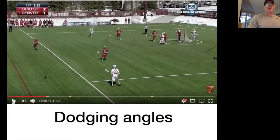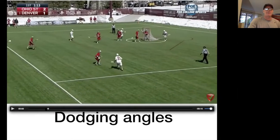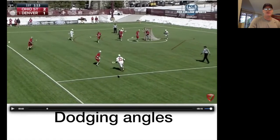Let's watch this angle of Zach Miller. Look at the angle he's taking. By virtue of him being a strong lefty, he's making this defender guard his top side while he's coming left-handed. If he put in his right hand early, the guy would be able to just start playing him. But because he keeps it in his left, he can subtly get more of a step, and he's almost